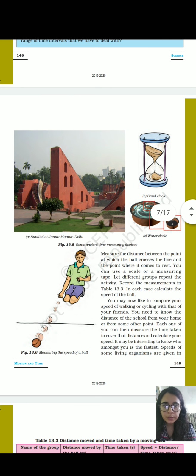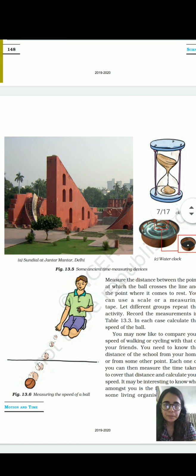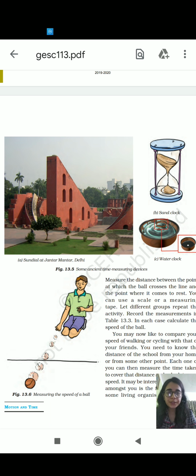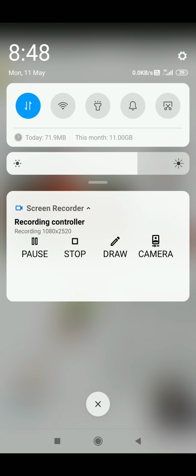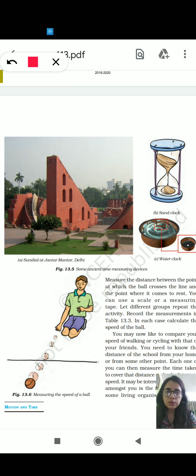Now students, please have a look at this. I have already told you how the ancient people used to measure time when there was no clock in earlier times. One of these instruments is the sundial. Now please try to understand what a sundial is. It is given in the picture in your book. The construction is not mentioned, so I will try to explain a brief of it.